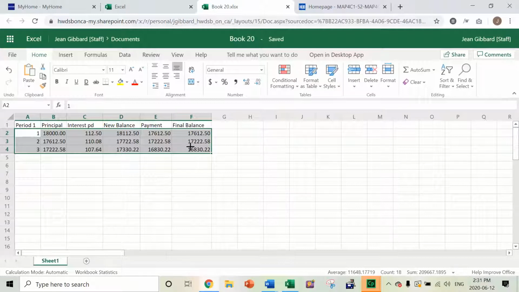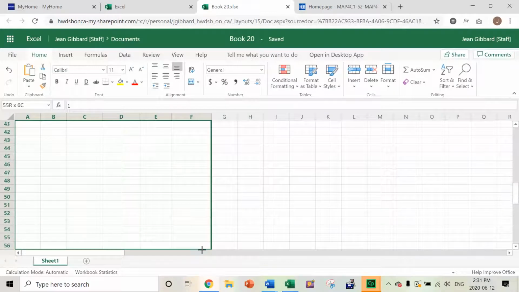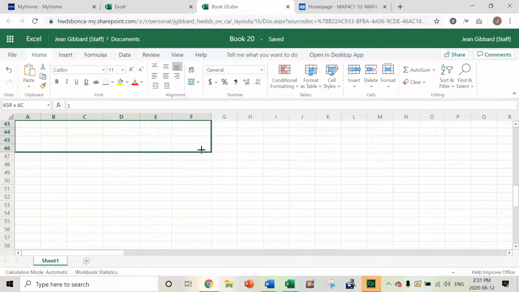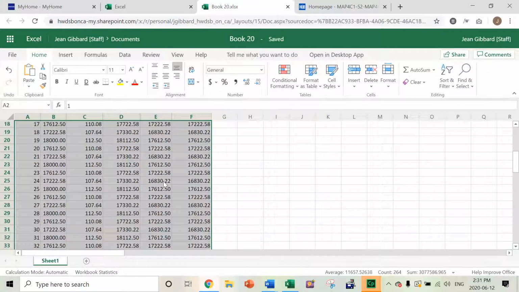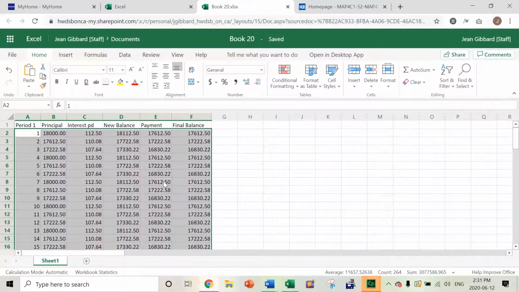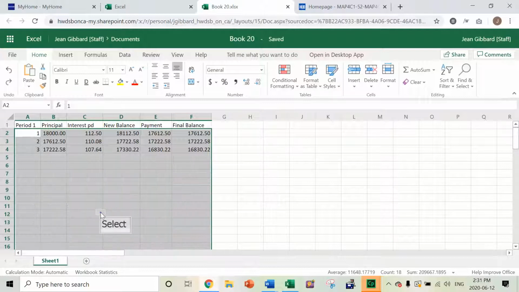I'm going to click that little square, and I'm going to drag it all the way down to, I think, maybe 45. And nothing changed. So I'm going to have to hit undo